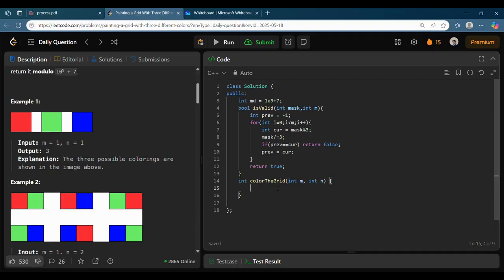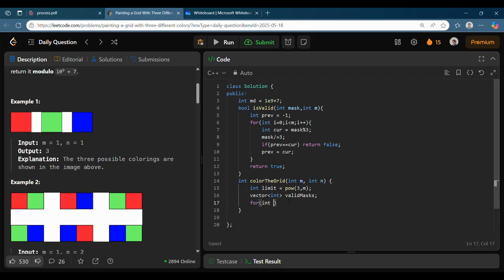So let us store all the valid masks in a vector. We try to get a vector of integers, valid masks. What will be the limit? The limit will be at maximum 3 to the power m, and this m is definitely small. It is given maximum of 5, so you can just calculate it.